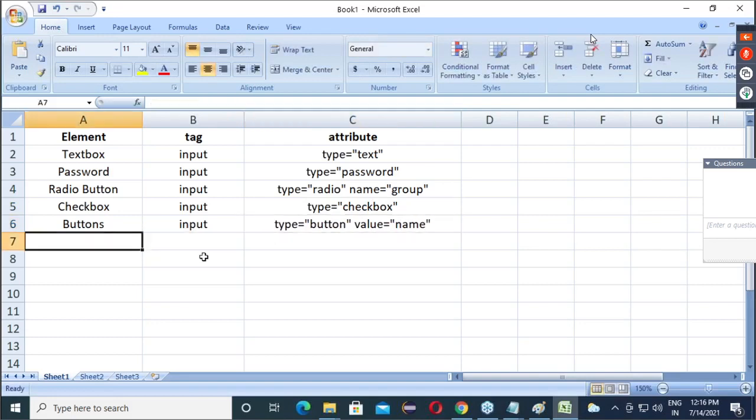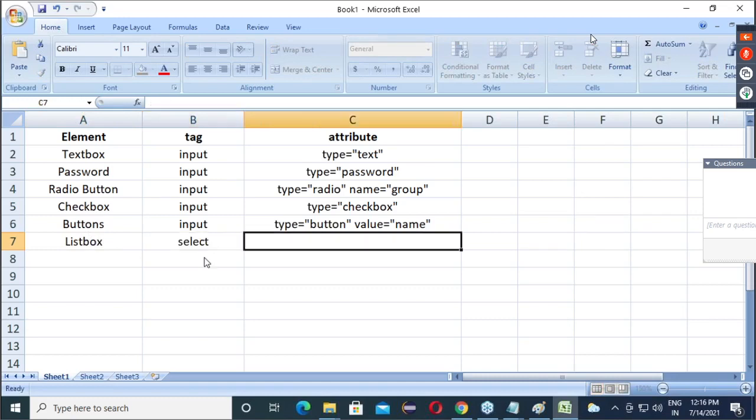Now next, list box. So tag select. Here, for multi select, we have an attribute, multiple equals to true.